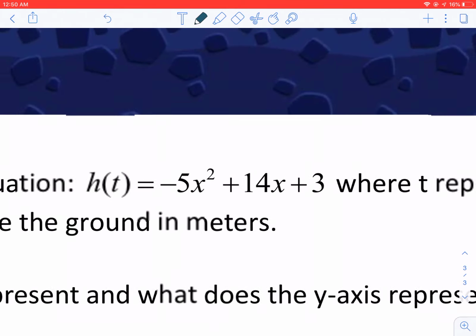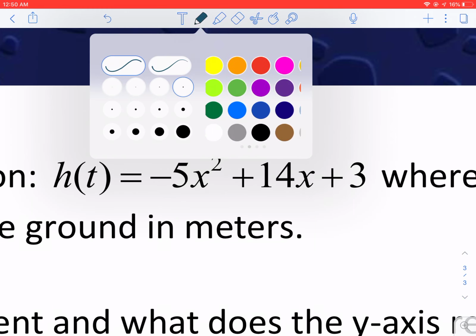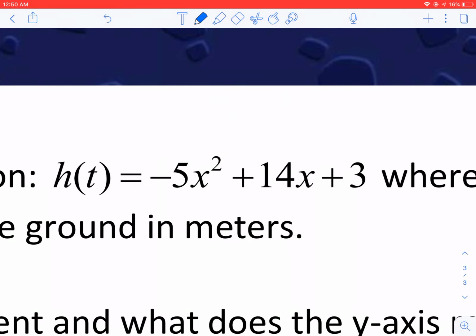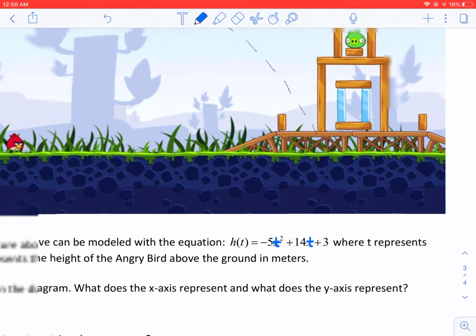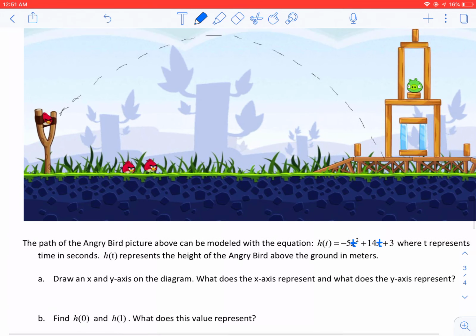I changed this back and forth like 3 times, and I ended up using the wrong variable here. H of t equals -5, that should be t squared, sorry, plus 14t plus 3, where t represents the time in seconds. H of t represents the height of the angry bird above the ground in meters. So,